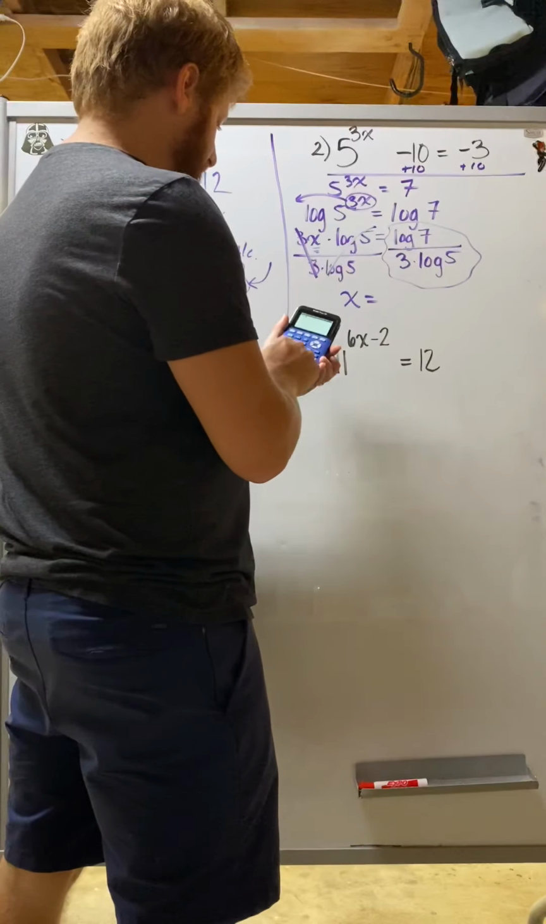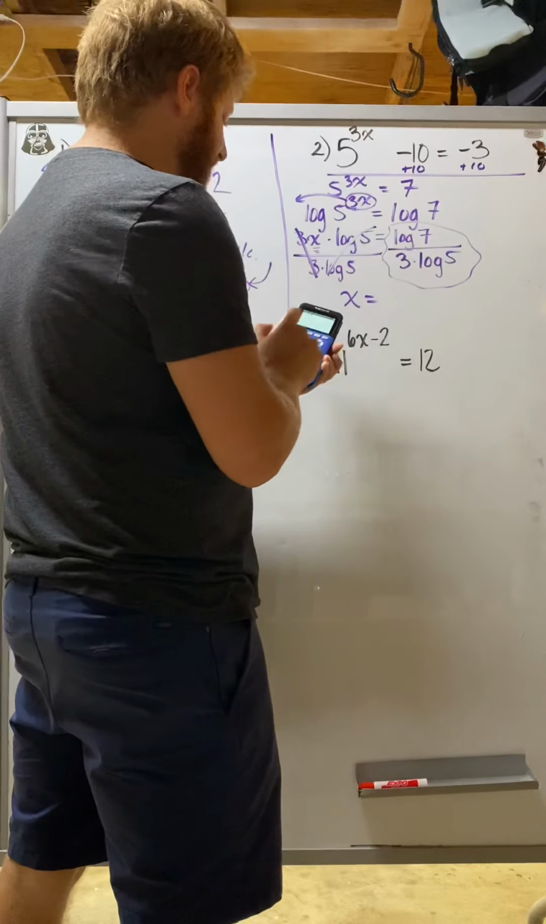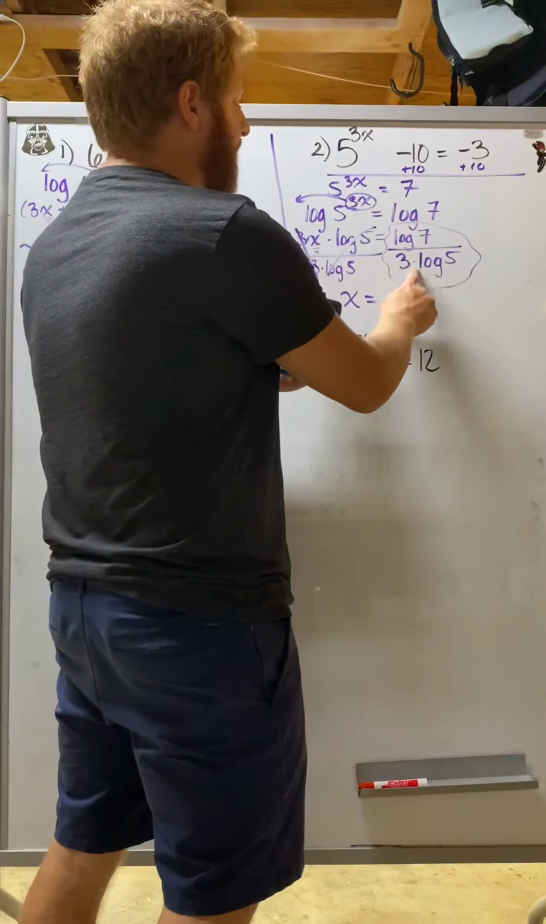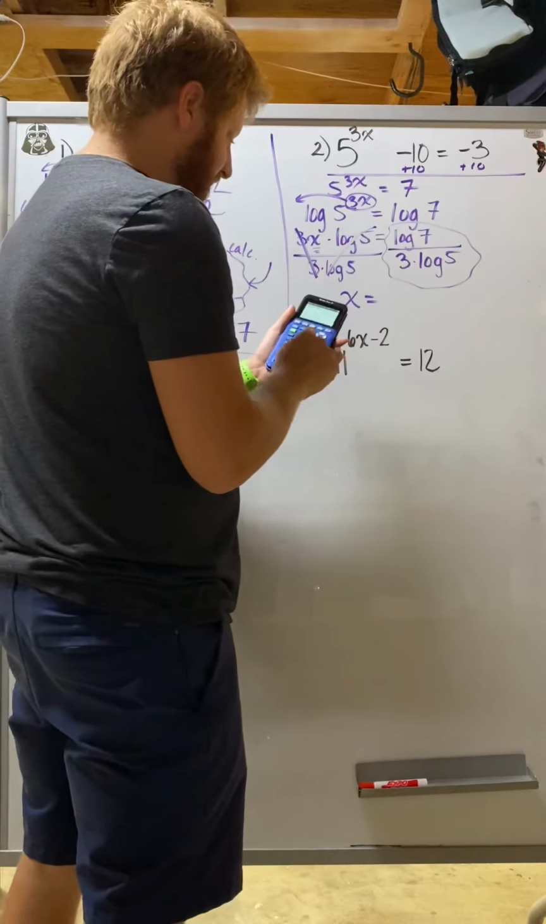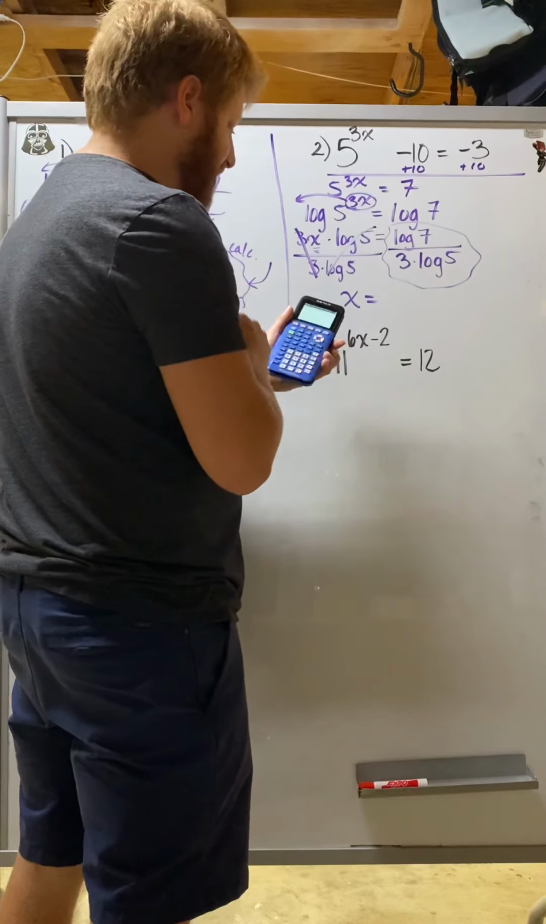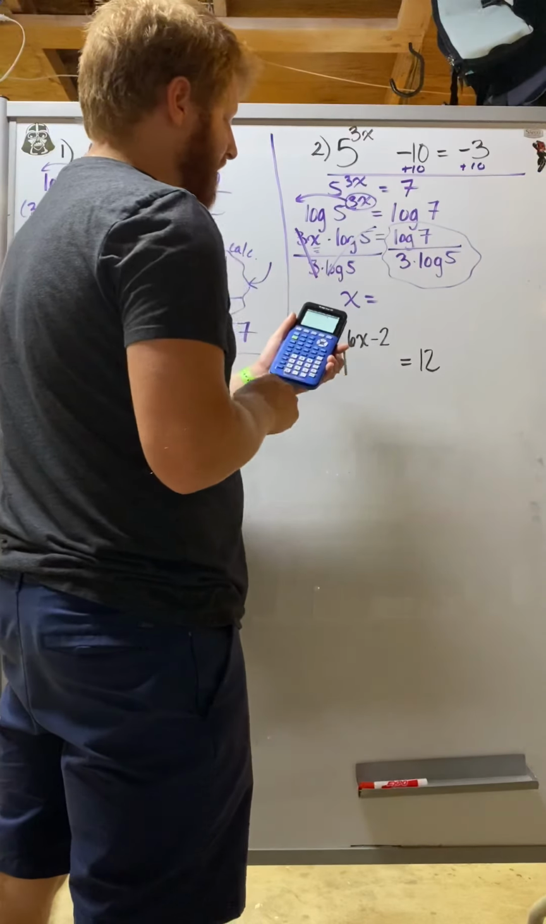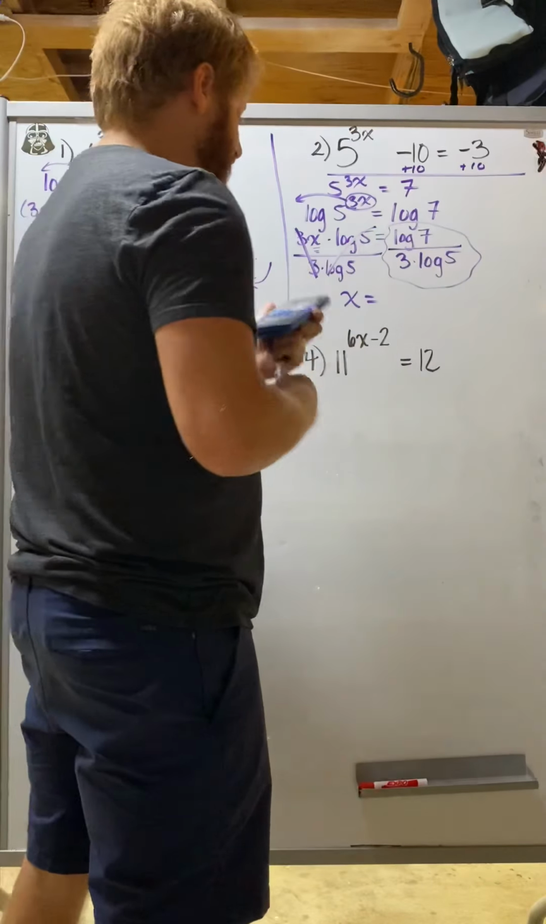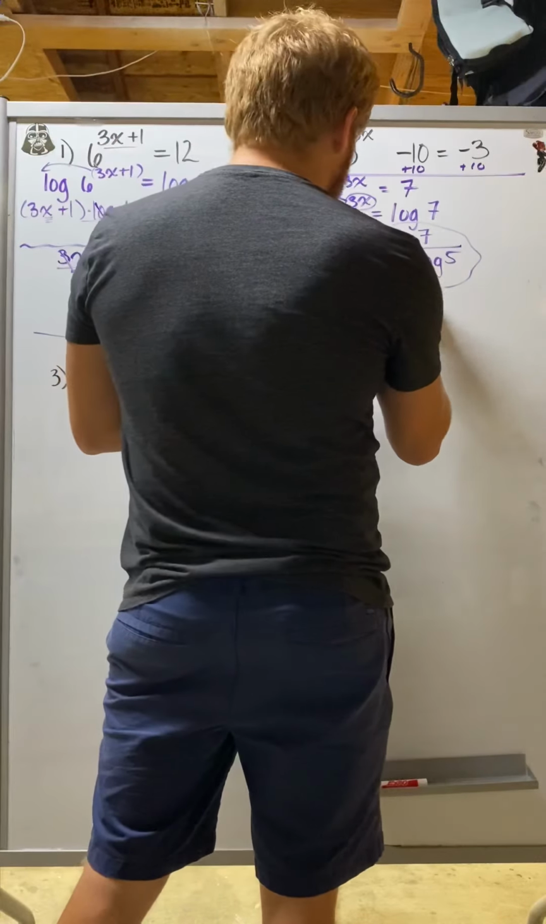Log, where'd my log button go? Log of 7, close parentheses, divided by, and I'm going to open a parentheses here because I have to write 3 times log of 5. 3 times log of 5, close parentheses, close the whole parentheses. That lets me know I'm dividing everything. And I should get 0, and not all your answers are 0,